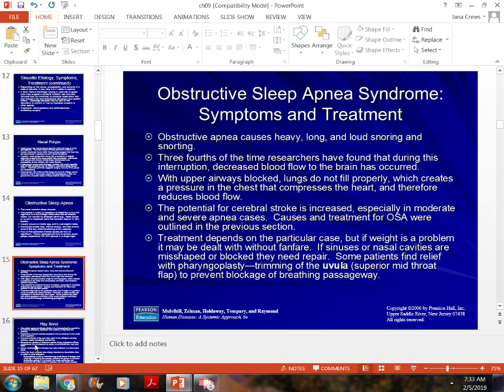One of the first things we see with sleep apnea is people who snore for a long period of the night and it's very loud. Most often they end up having sleep apnea, or they'll wake up kind of snorting, wake up gasping for air. Those are people who tend to have sleep apnea. So obstructive sleep apnea is when either a deviated septum or weight is causing someone not to be able to breathe effectively during the night. It's obstructing their airway for seconds, multiple times during the night.